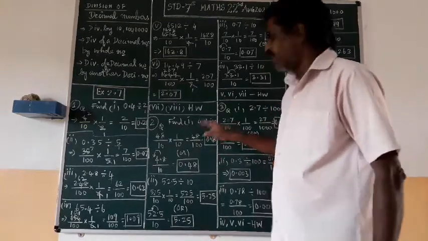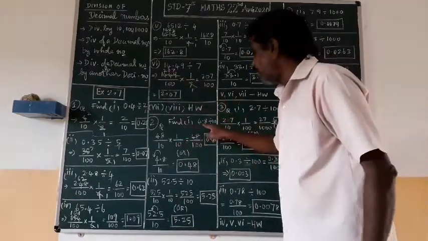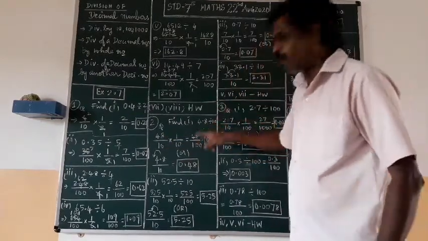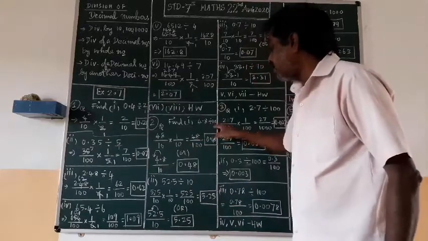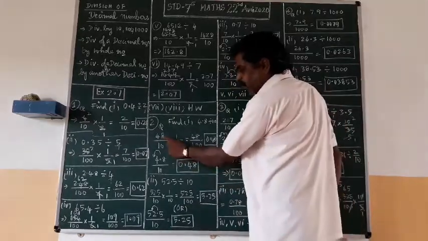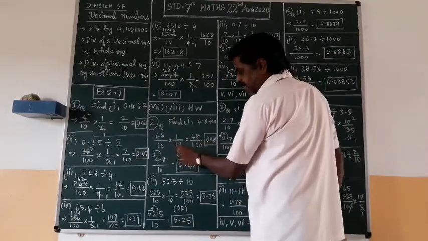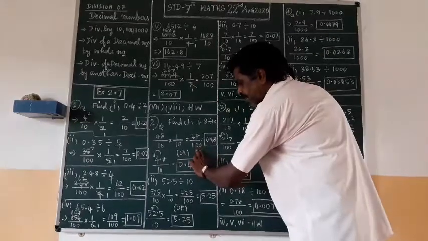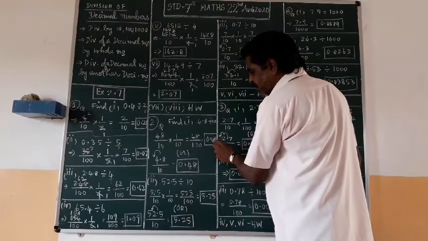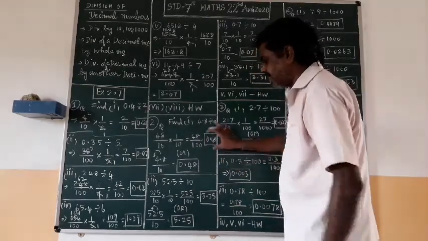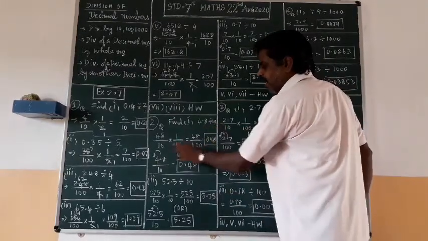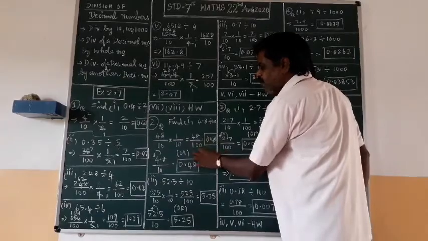4.8 divided by 10. So what I have done as usual, 4.8 I am removing this decimal. So 48 upon 10. And 10 will become reciprocal. So it is 10 means what? 10 upon 1. So I am making reciprocal. 1 upon 10 multiplication. Now you see 48 into 1, 48, 10 into 10, 100. So 2 zeros are there, 2 digit you have to move. So I am moving 8, 4. Then 0.48 will be your answer. This is your first method. What? Converting your decimal, making it reciprocal and multiplying it, putting the decimal point.